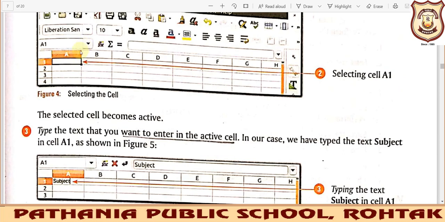For that you need to select a particular cell, and then you can type whatever data you want. This is your active cell. Wherever you click on the spreadsheet, a particular cell will be highlighted, and that area is ready for your input. Whatever data you are writing will be written in that active cell only.